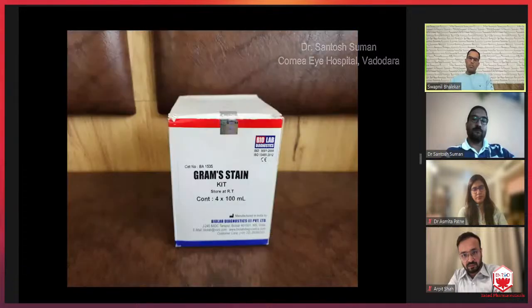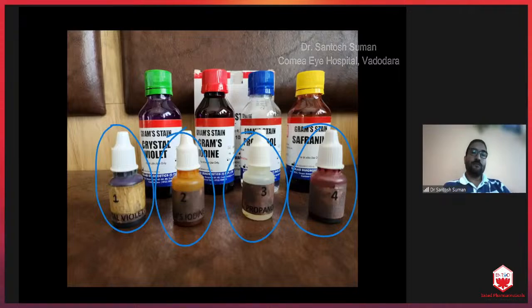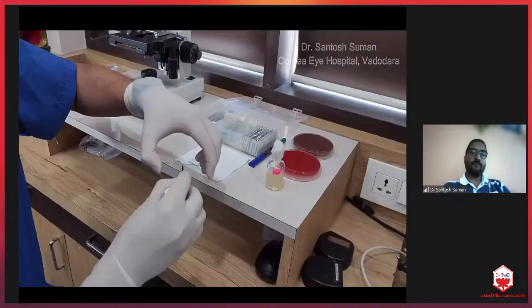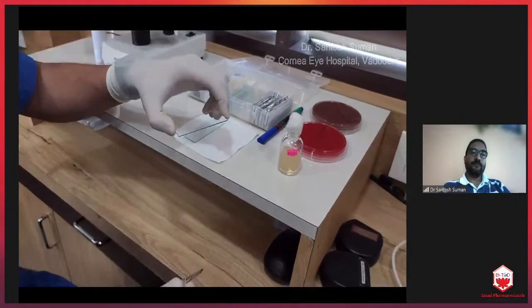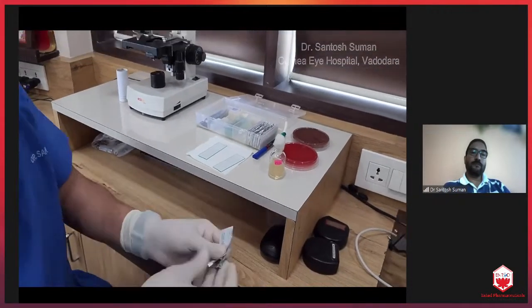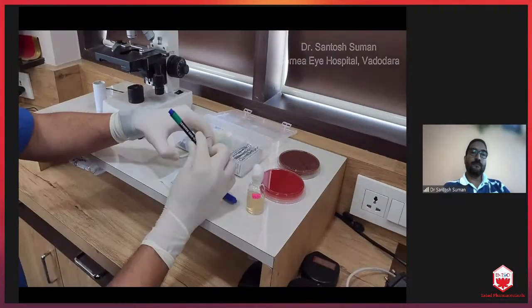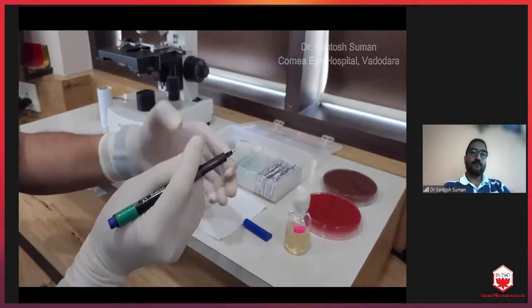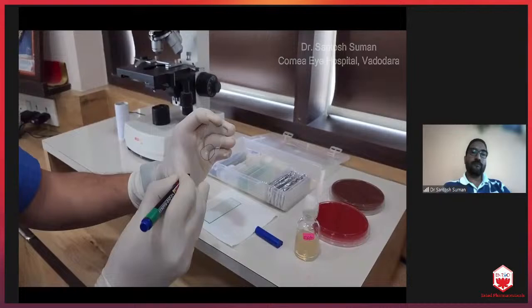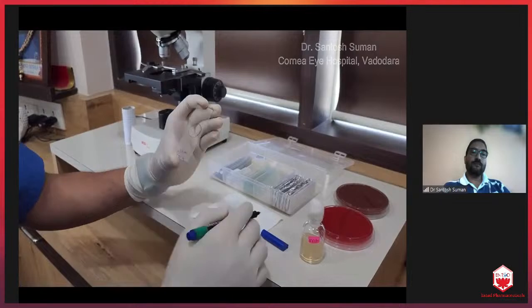Gram stain is commercially available in bottles. For the ease of application, I keep these in 10 ml eye drop bottles labeled as 1, 2, 3, and 4 in the sequence of applications, so that there is no confusion, as the staining is done by my hospital staff. The scraped material is smeared over the slide and the blade is covered by its wrapper and thrown securely. With the help of permanent marker, both the slides are marked on the back side to mark the location of the sample and labeled with MR number, name, etc. on the front side.